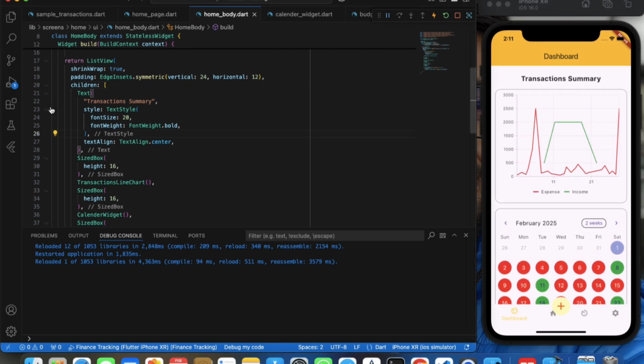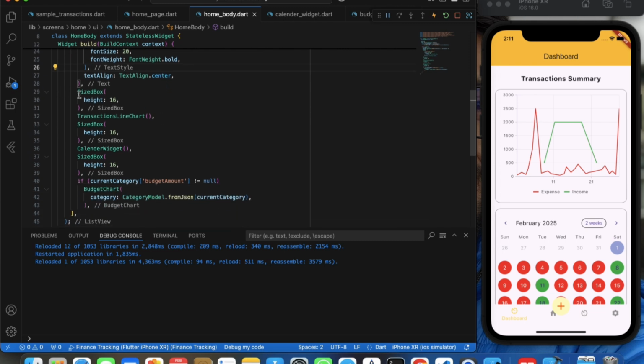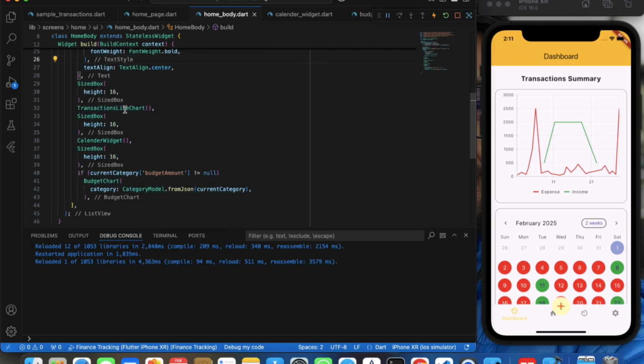Okay, so now firstly I have a text which has a transaction summary here, and we have a text style of font size 20 with bold font, right? And we have a center alignment also. Now after that we have some space of 16. Also make sure to have a common space between each widget, because it makes it very consistent and very organized